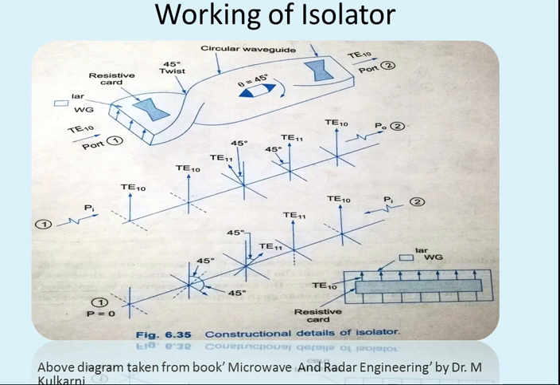But a TE10 wave fed from port 2 gets to the resistive card placed near port 2. Since the plane of polarization of the wave is perpendicular to the plane of the resistive card, the wave passes through, gets rotated by 45 degrees due to Faraday's rotation in the clockwise direction, and further gets rotated by 45 degrees in the clockwise